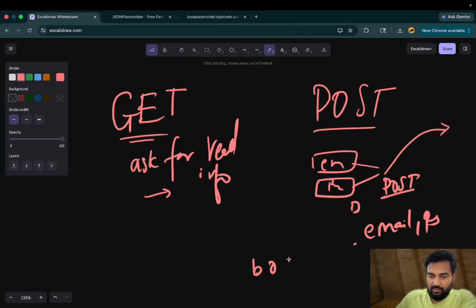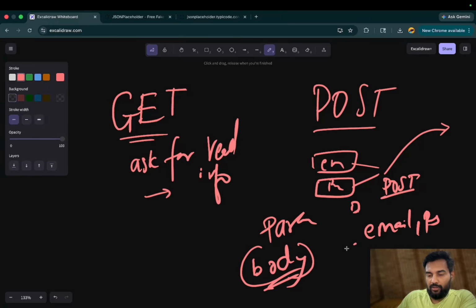So that is the body. We will look more at what is body, what is param, these things. So if we are passing something in the body, that is this email and all those fields at the time of login. I hope you have some idea. Now you know the basics of how we call a backend. So let's see in reality how we